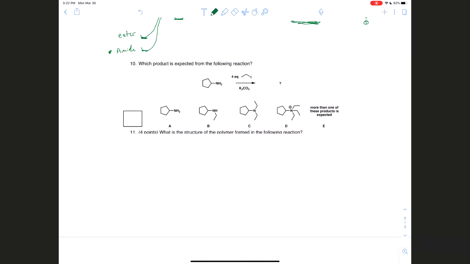So we got E as an answer. More than one of these is expected. But I'm a little uncertain if nitrogen would take the positive charge. So you're saying you're concerned about D being an answer, or